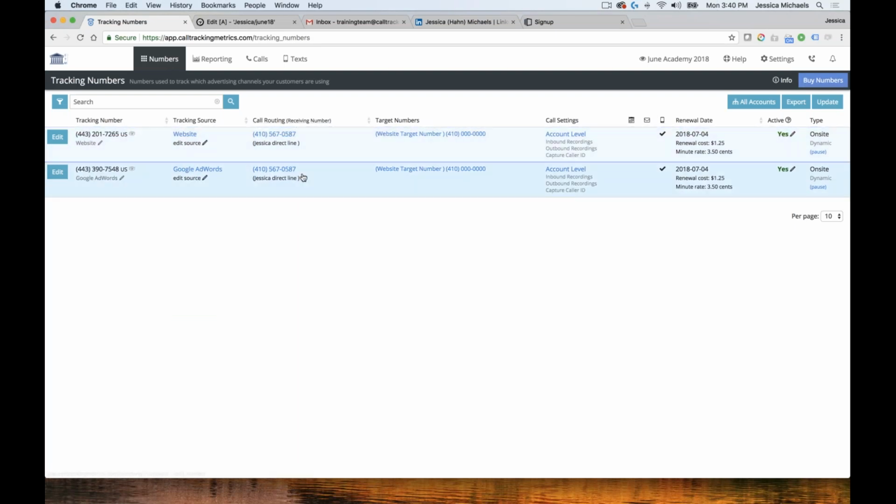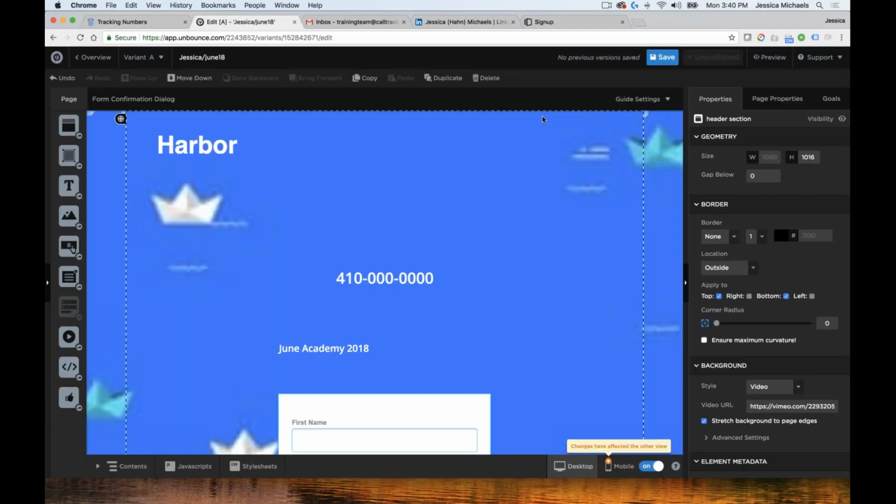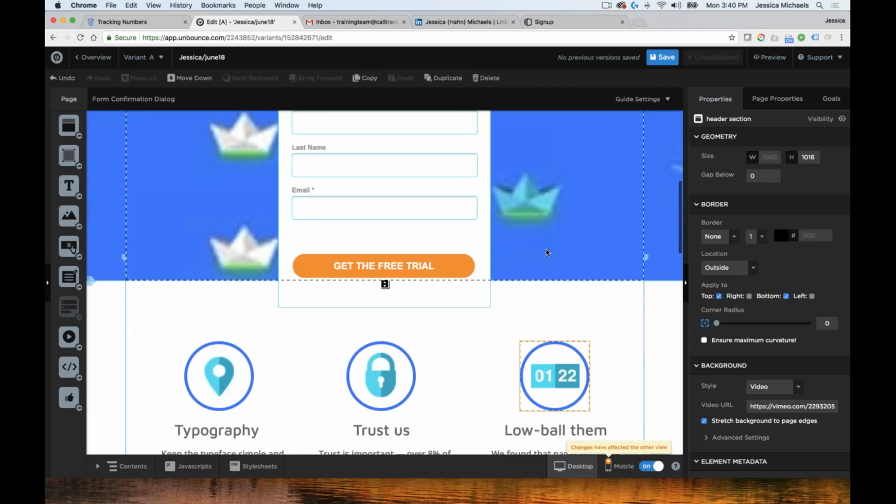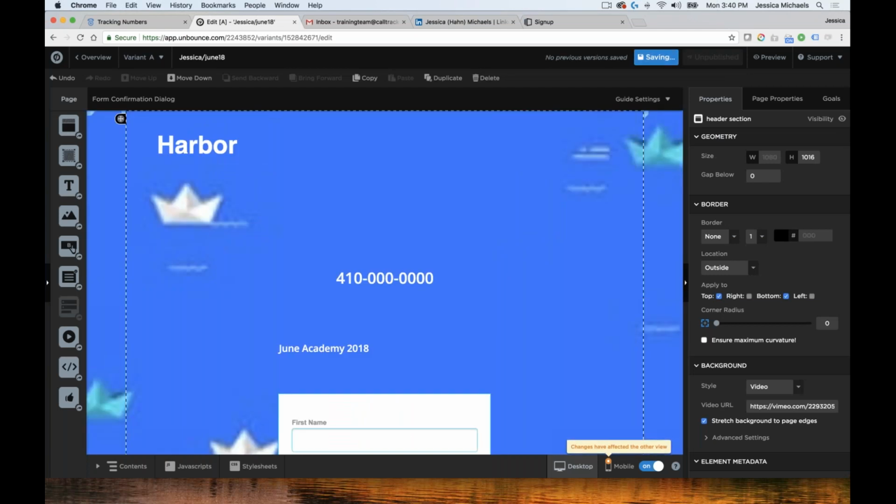This is where we want those calls to ring to. And then this is going to be the number on our website that we want to swap out for these numbers. All right, so here is our beautiful test site. Let's hit save. And then if we go to our overview,